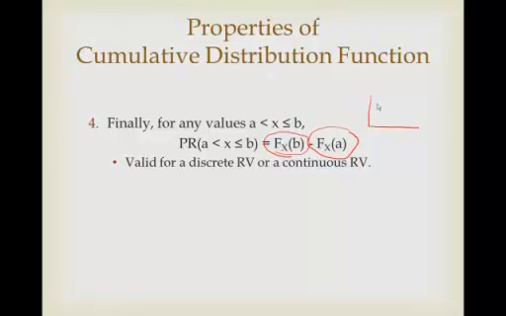Let's see, if this is b, this is a, we can subtract off the value of the cumulative distribution function for everything less than a and anything greater than b, and then that will give us this area right here. So this is valid for a discrete random variable or a continuous random variable,